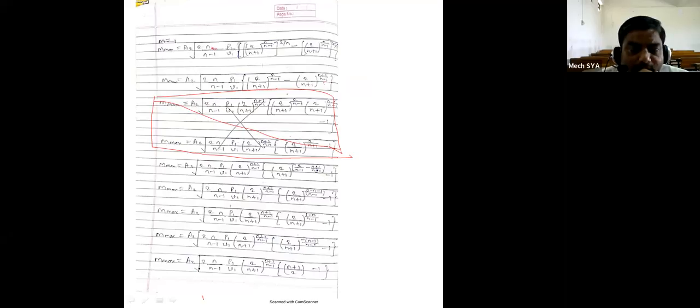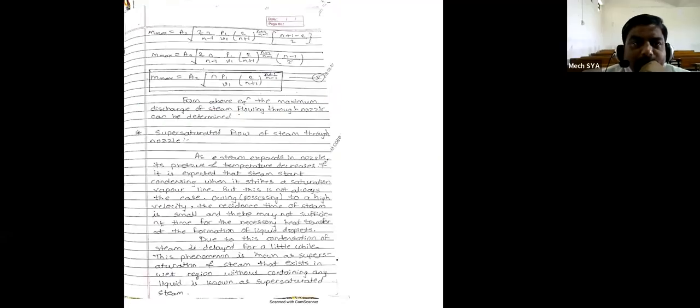So this will become m max is equal to a2 into bracket 2n upon n minus 1 p1 v1 into bracket 2 upon n plus 1 raised to n plus 1 divided by n minus 1 into square bracket. So this will become minus 1. Minus 1 means what? Here n plus 1 divided by 2 minus 1. Okay. So after simplification, m max is equal to a2 into 2n upon n minus 1 p1 upon v1